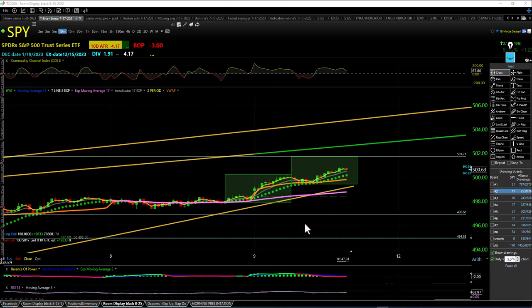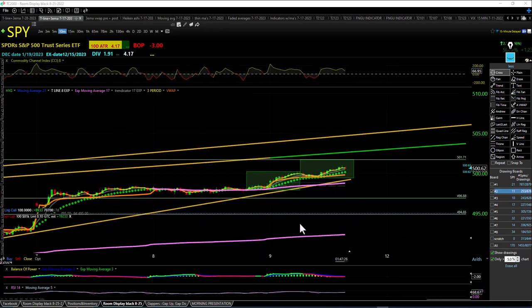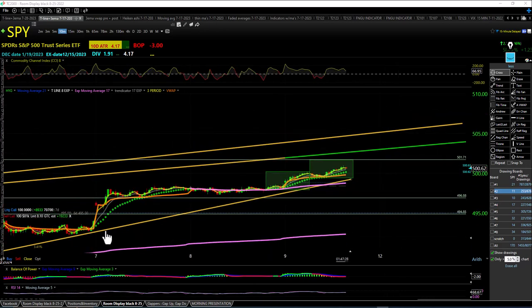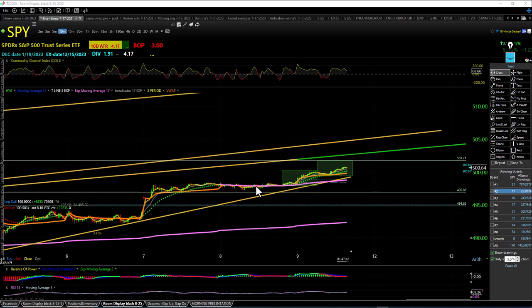All right, traders, this is what we have today. The market is bullish. This is the price action for today, but this is where we left off yesterday. All right, so the market is bullish. We have an up and then a move to the right. So that's a flag. And the way we like to play flags is we like to take the quad lines and slap them in there